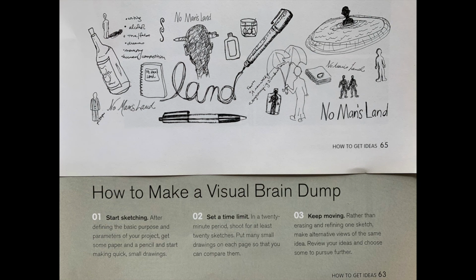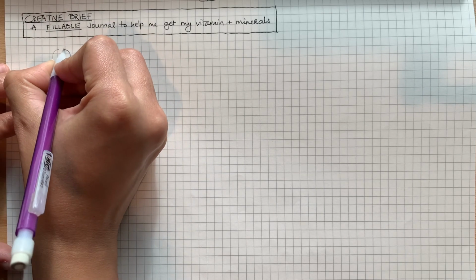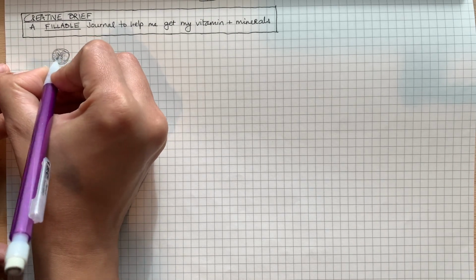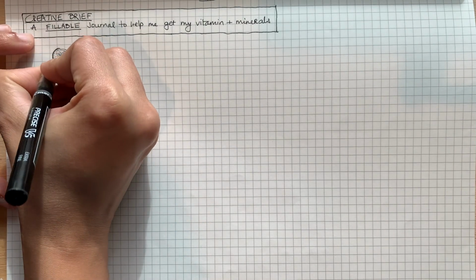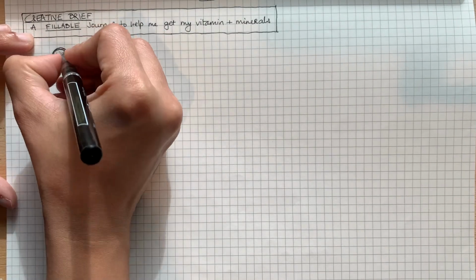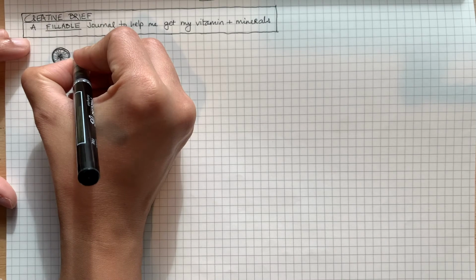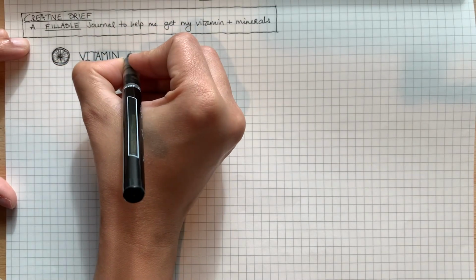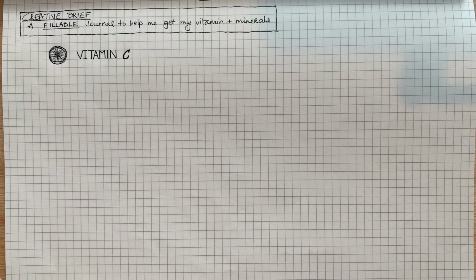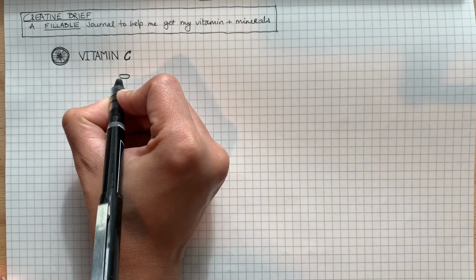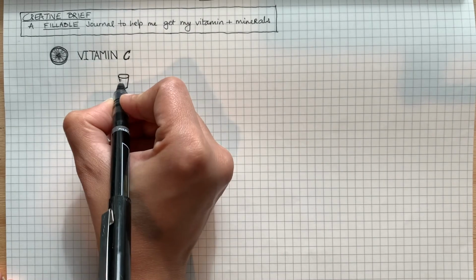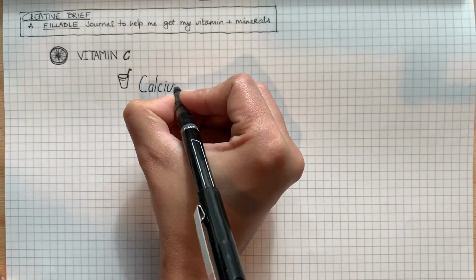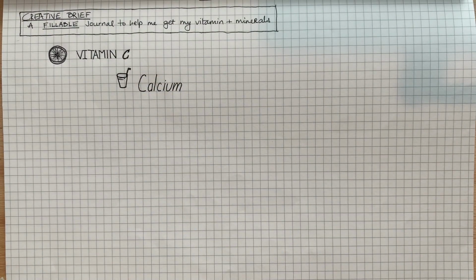A couple of things that I learned from this book and from my experience was that when you start sketching, you need to just go for it. Don't really spend too much time thinking. And keep in mind you've already finished doing your visual research, and what that's going to do is put some ideas in your mind that you can put on a piece of paper and just dump out. So here what I'm doing is creating some icons and writing some text down